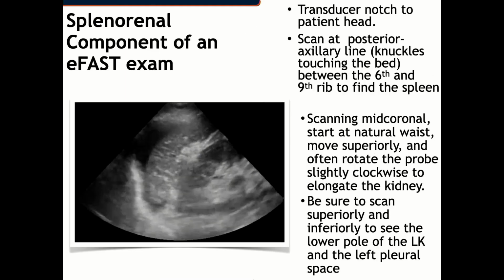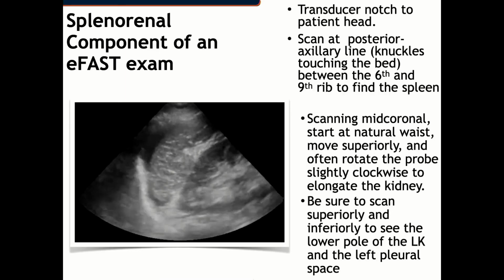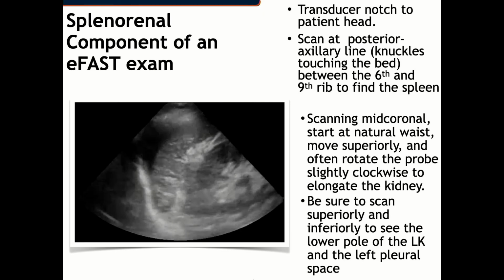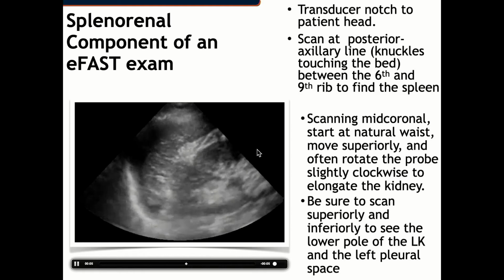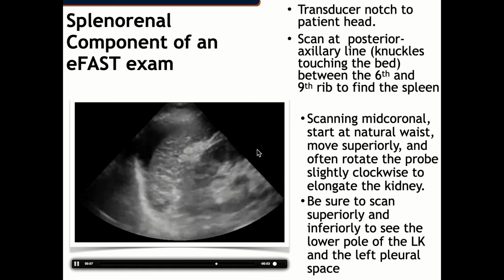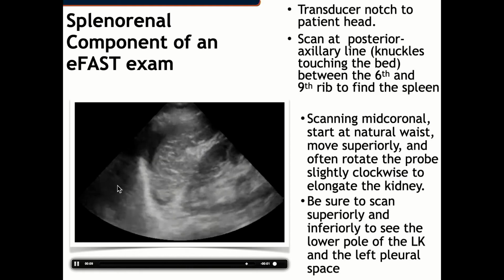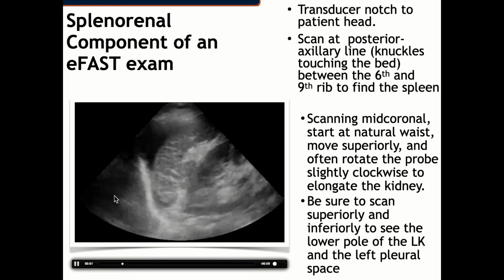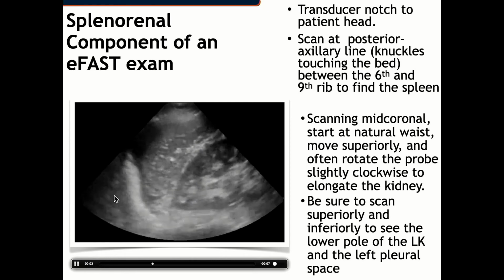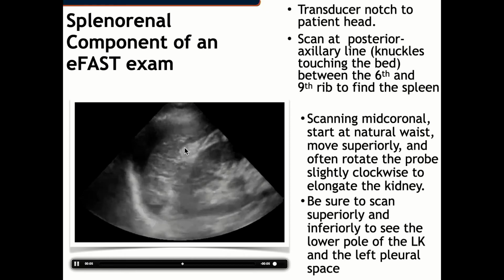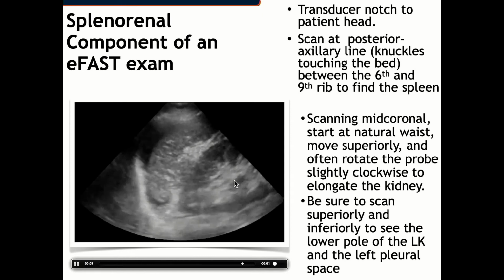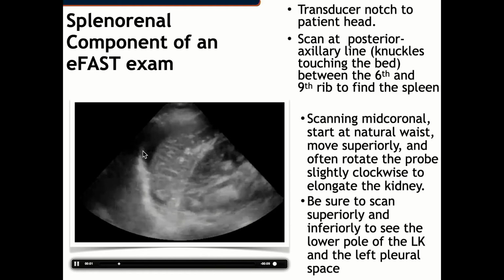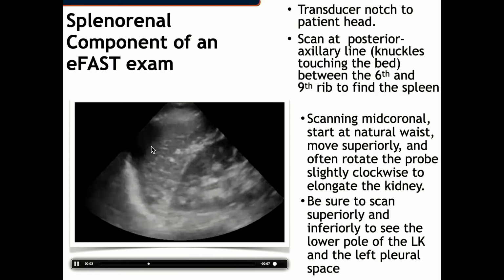All right, so now we're going to talk about the splenorenal interface. So you need to see that interface all the way to the lower pole of the left kidney, just like on the right, and you need to be able to see the diaphragm to look for potential pleural effusions. What do we see in this image? We see spleen, we see left kidney. There's no fluid between the spleen and the left kidney, but there is fluid or blood